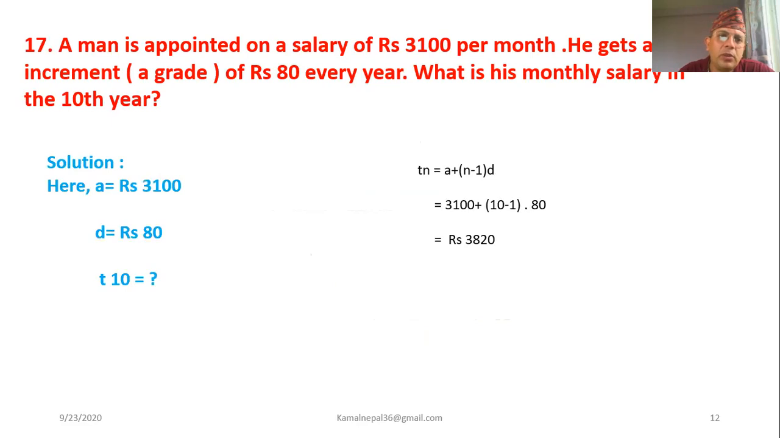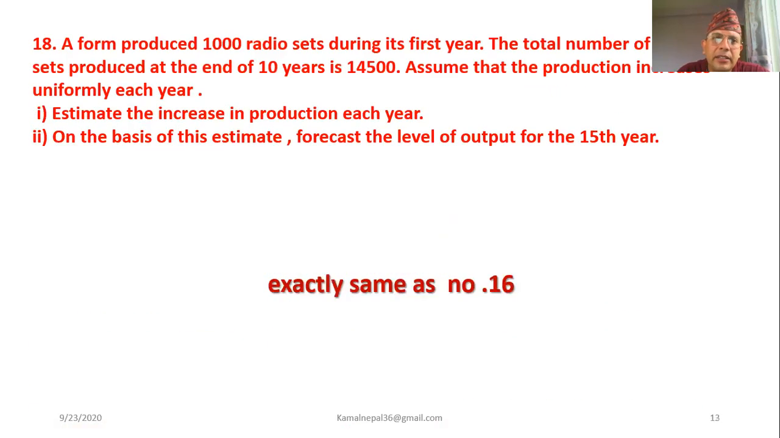So A is equal to rupees 3,100, D is equal to rupees 80, T10 is equal to what? And here Tn is equal to A plus n minus 1 D. 3,100 plus 10 minus 1 times 80, it is 3,820. So I did it directly here. You can do it yourself. Now next number 18,